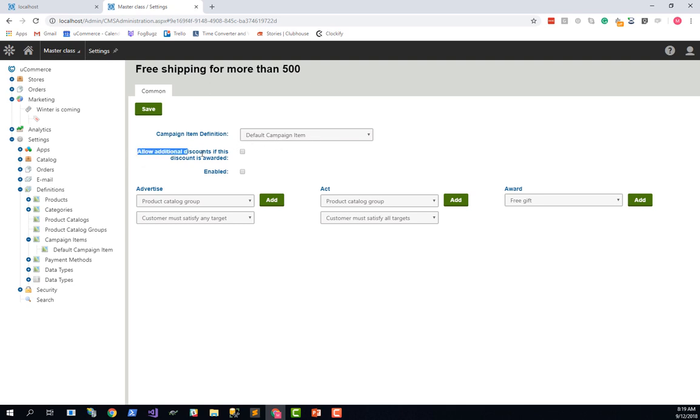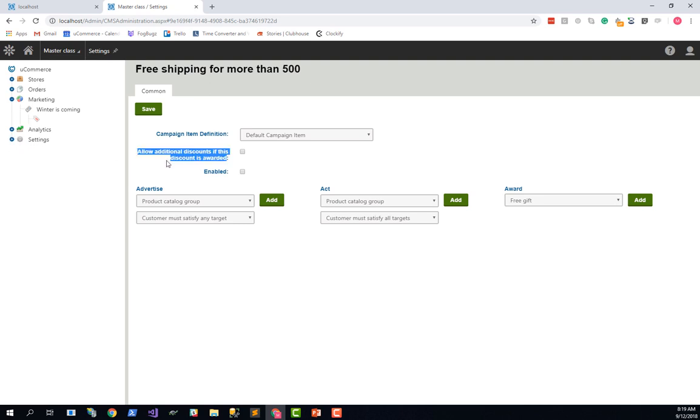Then the next thing is that there is a setting called allow additional discount if this discount is awarded. What that means is that if we have multiple campaign items, e-commerce will not evaluate the rest of the campaign items if the item that we have right here has granted an award for the customer.